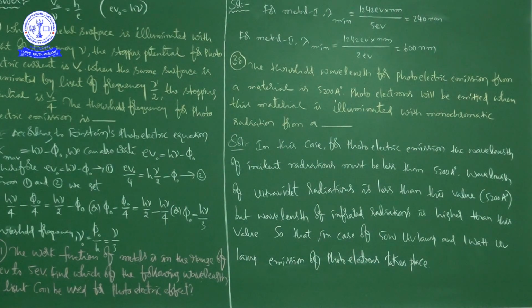Because this value is given in electron volt, the product hc can be written as 1242, sometimes we write 1240 also, electron volt nanometer, and there we will get it as 240